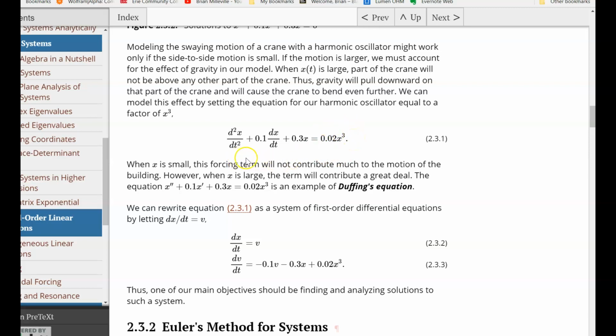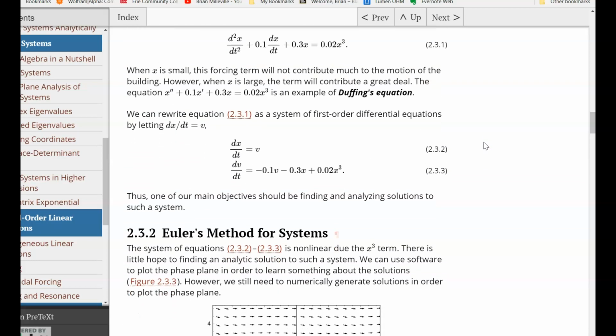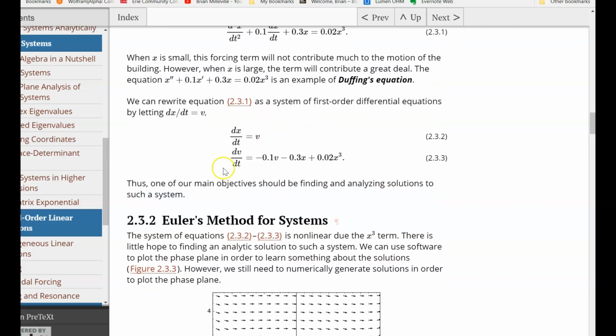So we're used to these three terms being in some of the harmonic oscillators we've investigated in our homework, but this additional term incorporates gravity into the swaying motion of the crane they talk about in the textbook. Now, converting that from a second order equation to a first order system gives us this nonlinear autonomous system